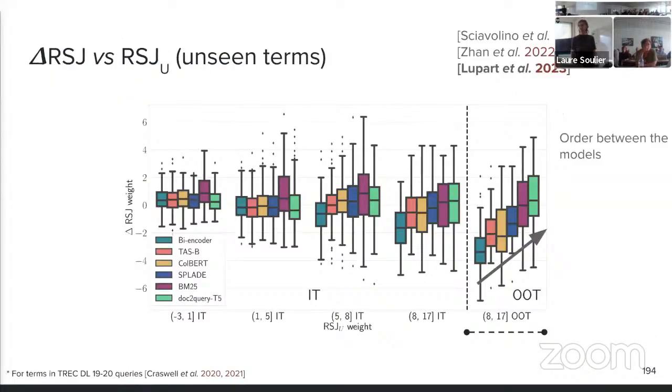Yeah, but I could have chosen another one, but the thing is that there is a completely different behavior between the neural models and the lexical ones, what I call lexical ones, and I understood the best would be not completely as Spade and not completely as BM25, between them. Yes. So it's okay.